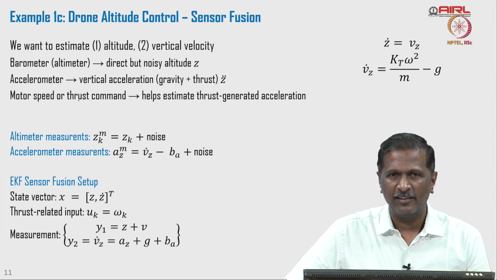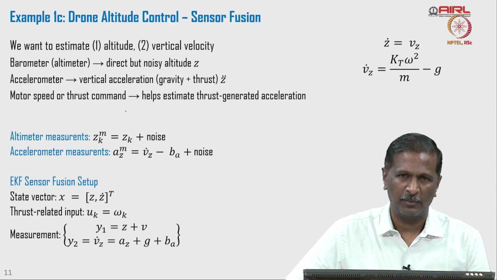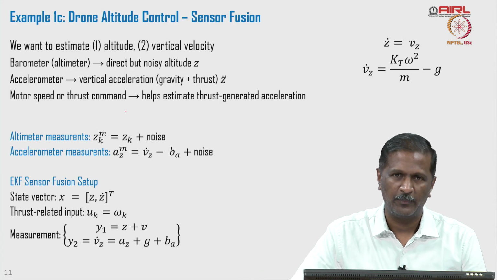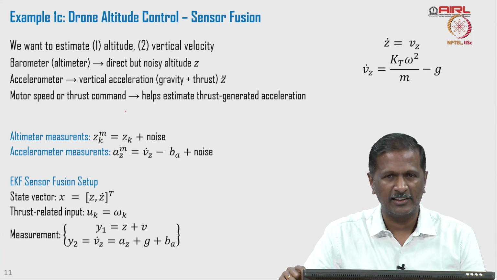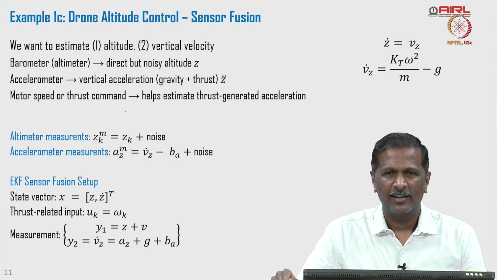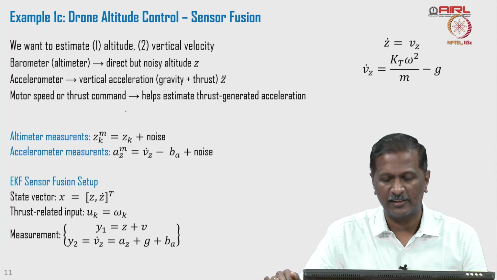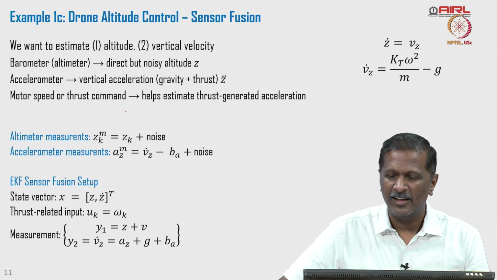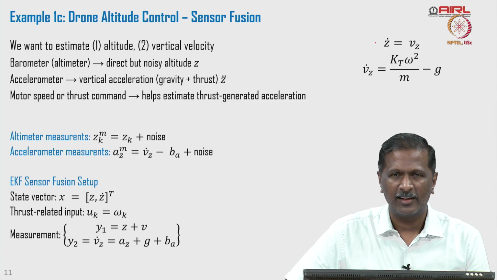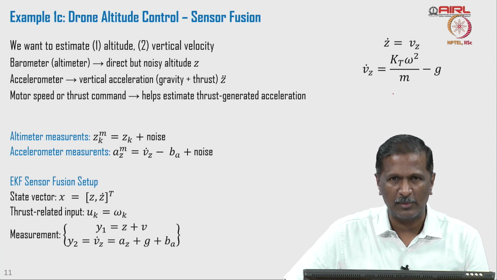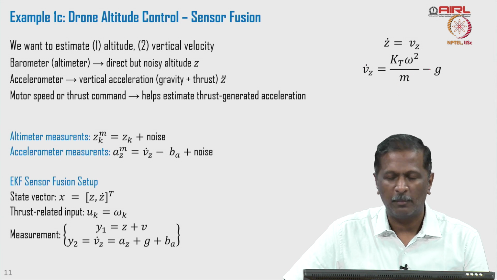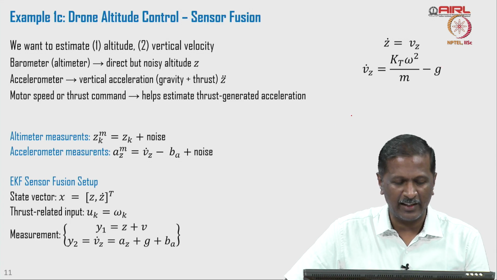You have a motor speed or thrust command, which is also available. Basically, you are trying to say what is my input. Remember, we did the parameter estimation, I know the KT and I know the omega. So, I can get some estimate of my thrust. Now, Z dot is nothing but my vertical velocity, and V Z dot is equal to KT omega square by M, where M is the mass of the drone, minus G. So, I can estimate